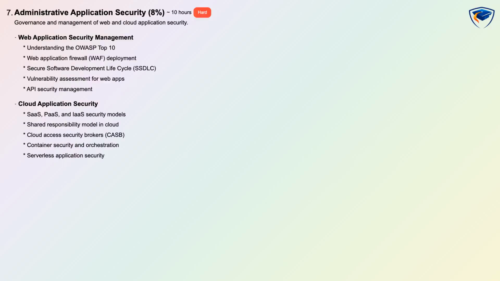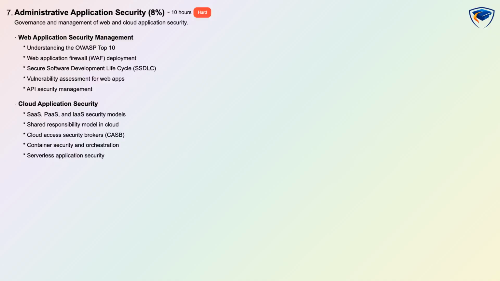Administrative application security is 8% and targets governance and management of web and cloud application security. Learn the OWASP Top 10, WAF deployment, secure software development lifecycle, API security, and cloud models including the shared responsibility concept and CASB tools. This hard domain suggests around 10 hours of study and uses scenario-based assessments to test application